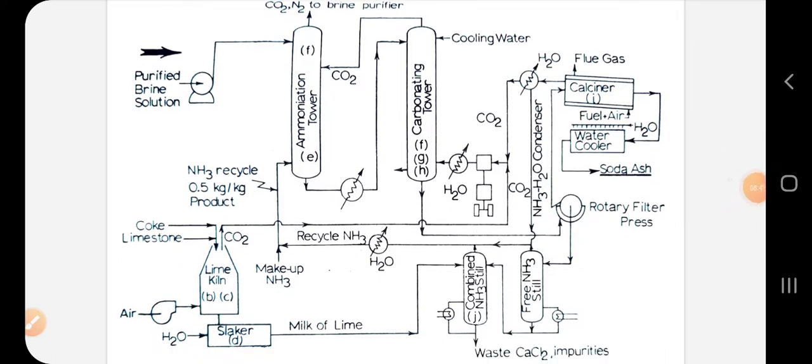Here every tower can be used for 3 days before it is emptied or stopped its operation for cleaning. So every third day a tower will have to stop the operation for cleaning purposes. Because of that, a number of towers are kept in series, such that the production line is not affected, or time is not wasted in cleaning. So after 3 days it goes into cleaning for 12 hours, and then it is again operating. Then other towers are stopped for cleaning.